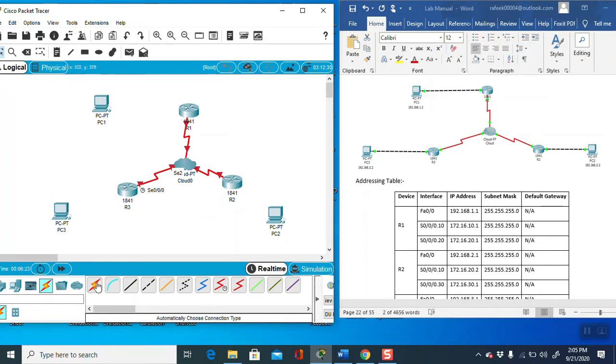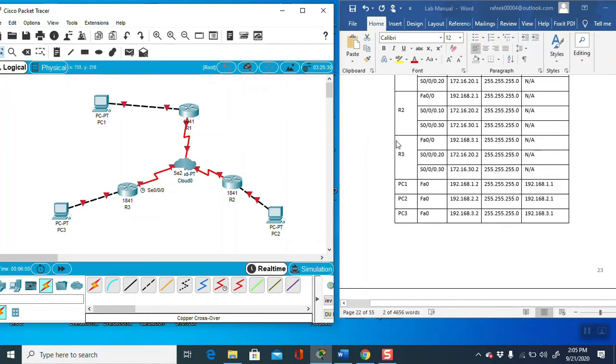Now for PC to router we have to use fast Ethernet, and here F0/0. Same here, PC2 also use fast Ethernet and take fast Ethernet 0. Again here fast Ethernet to the port. So now we have added the connections.